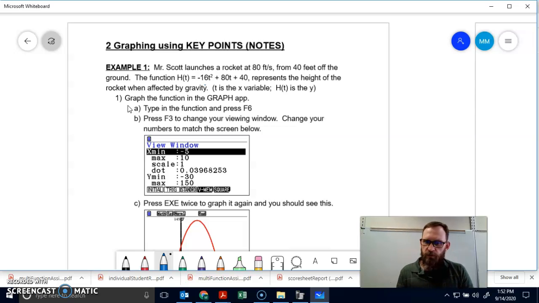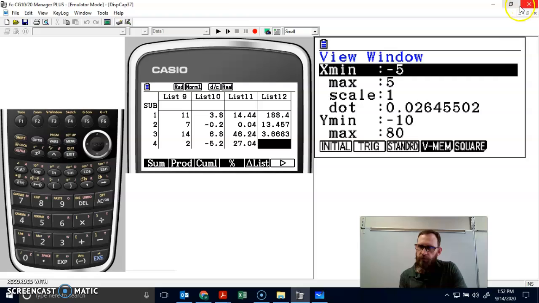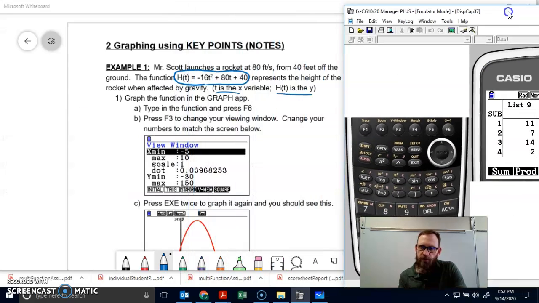This is the equation that we're working with today, slightly different from the ones yesterday. And once again, t is like x and h is like y. So we're going to start by graphing these. So I'm going to graph this. Let me pull up my calculator here. I'm going to graph this,